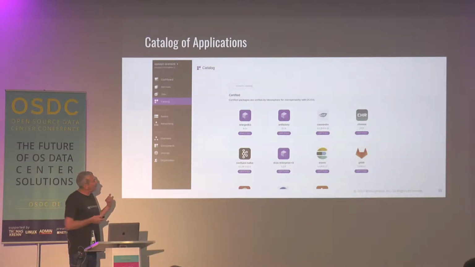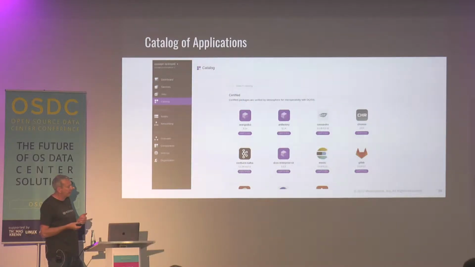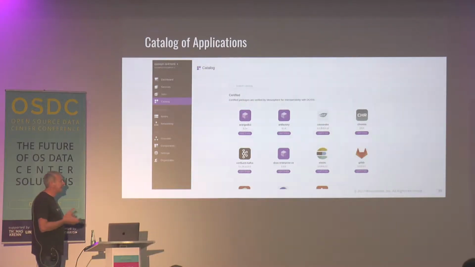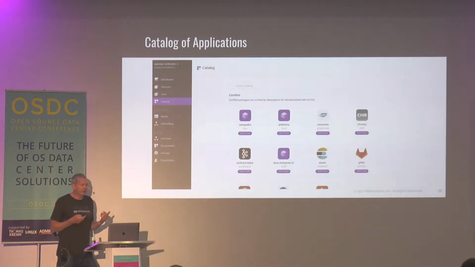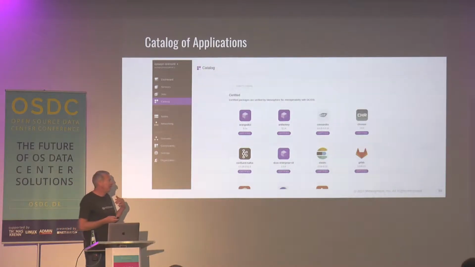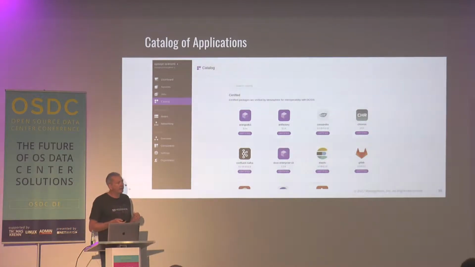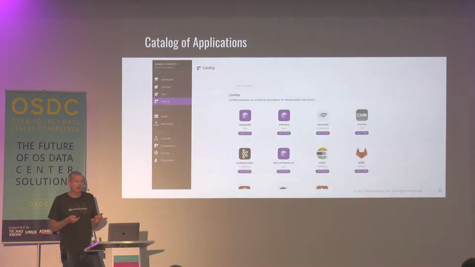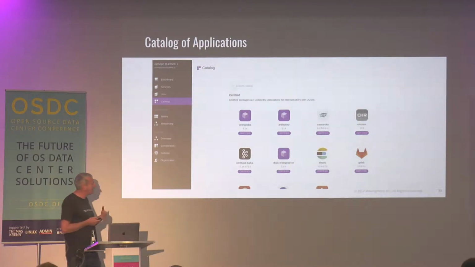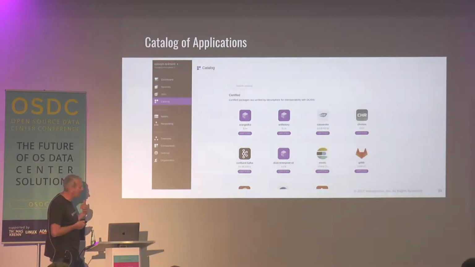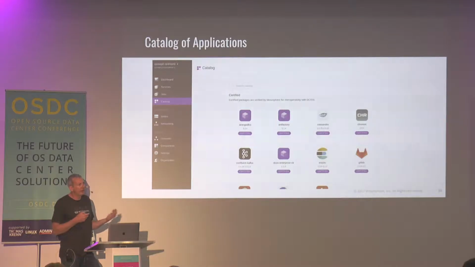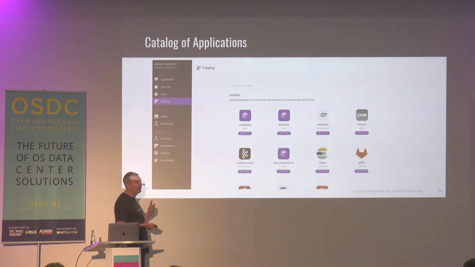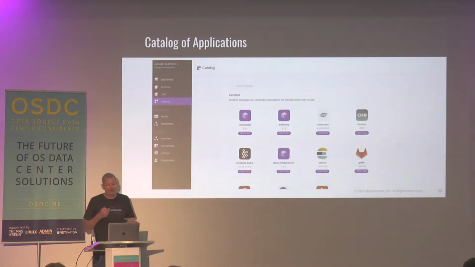And so the catalog, which is one of the key functions of DCOS, I think there's 50 or 60 applications pre-packaged in there, and we have this distinction between certified and community. So the certified ones are in the Mesosphere QA chain, so we're testing those, but there are a whole bunch of other stuff in there that's submitted by the community. In most cases, the complex things like Kafka and Elastic and stuff, the folks who are building and maintaining those packages are actually the creators of that software.